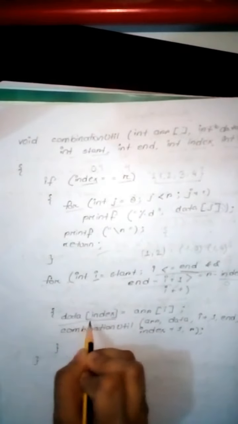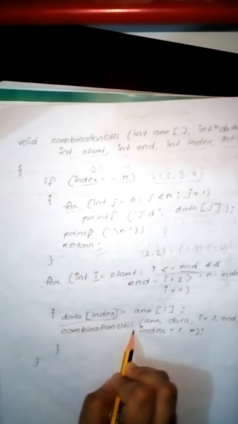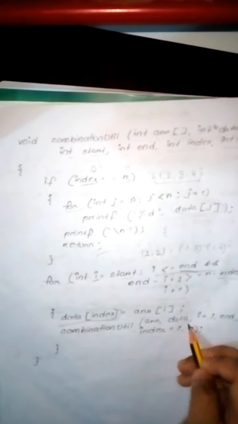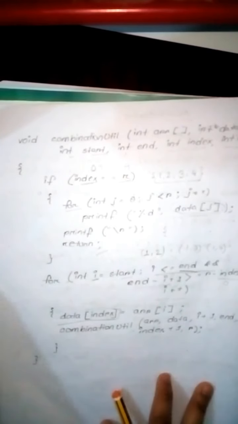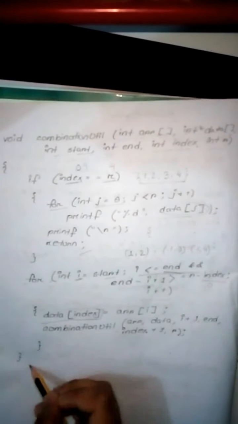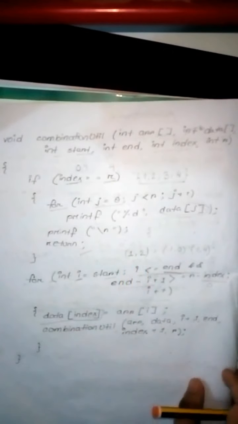Then we will keep this index inside this array, and that will be equal to array i, the element i. And for that we will call the combination util with data, i plus 1, end, index plus 1, and r. So this process will continue, and that's how the whole combination values will be printed. In this way we are going to make this, and here the function stops, and this is the whole function, and inside this function the whole combination value will be found.